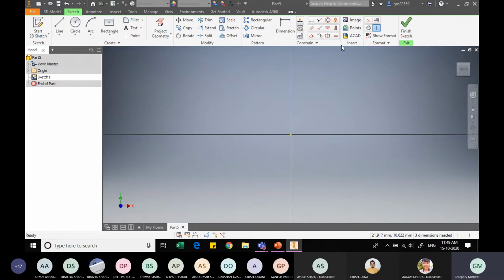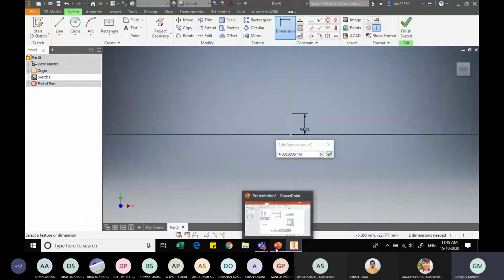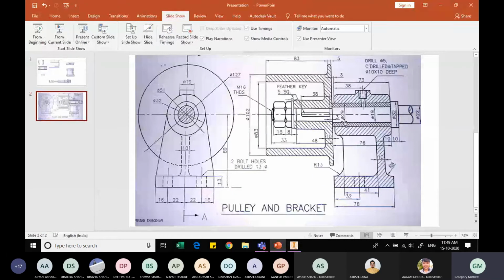Great. And we know the distance from the center is to be. So how much is it? If you know, going back to the figure, you know this is 16 mm in diameter, which means the height of this edge from the center line should be 16 by 2, which is 8.